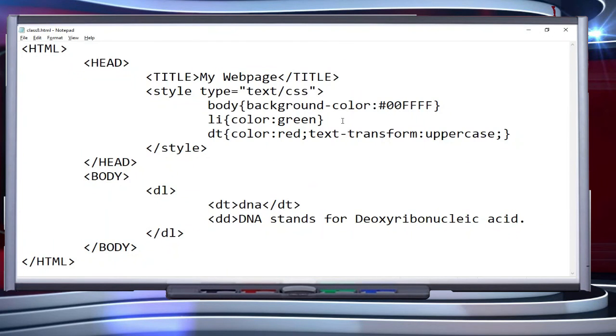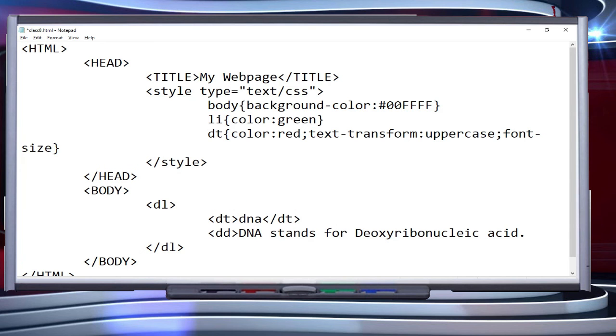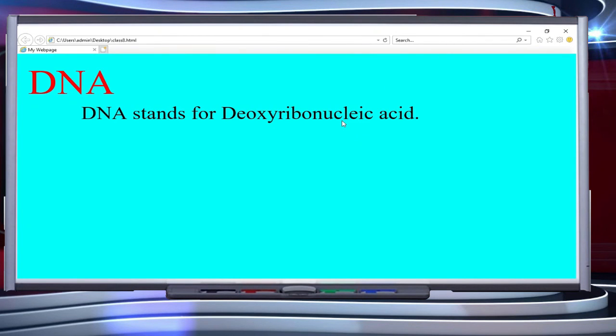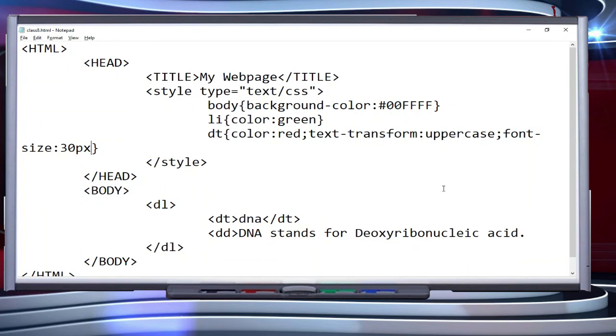In a similar manner, if you want font size, font hyphen size, I want to add, let's say 30 pixels. Save it, back to browser, and you can check here, this has been changed to 30 pixels. So as many definitions as you want to add, you can add.